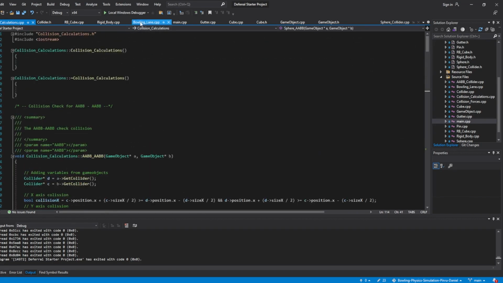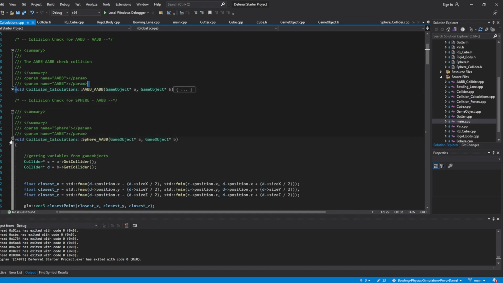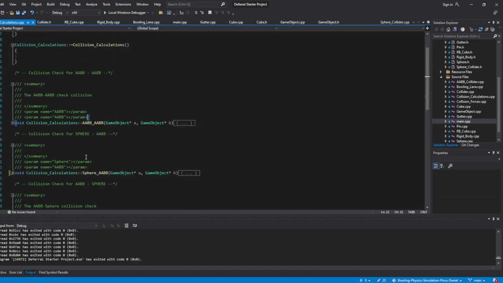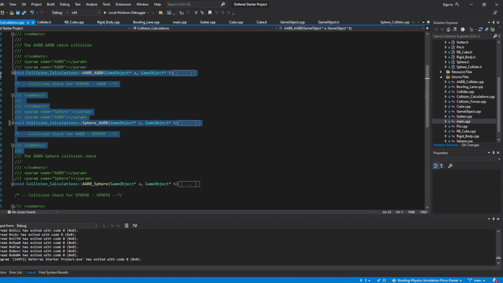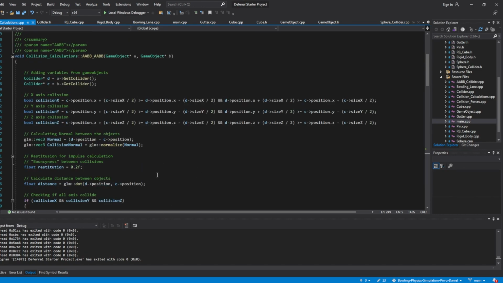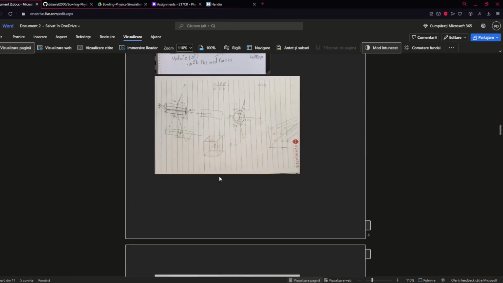On the collision calculation, this is where all the objects from the main are coming. As you can see, we have AABB, sphere AABB, AABB sphere, sphere sphere. I've just used the first two because we are taking sphere bowling lane and bowling lane sphere just one time, not back and forth. We are checking. I will go a bit on my papers to show some